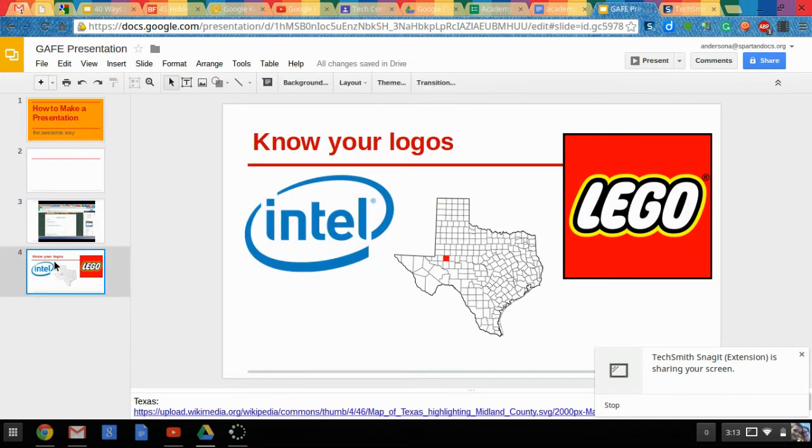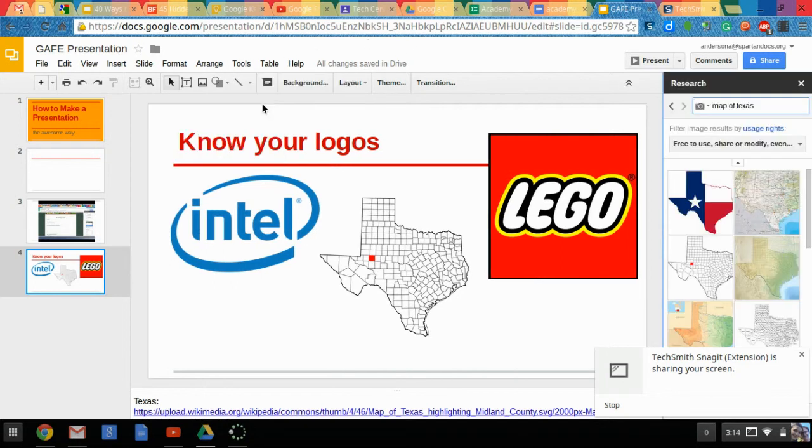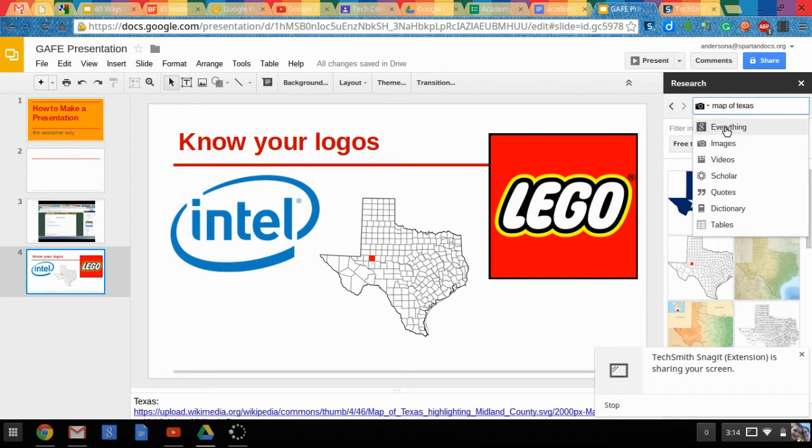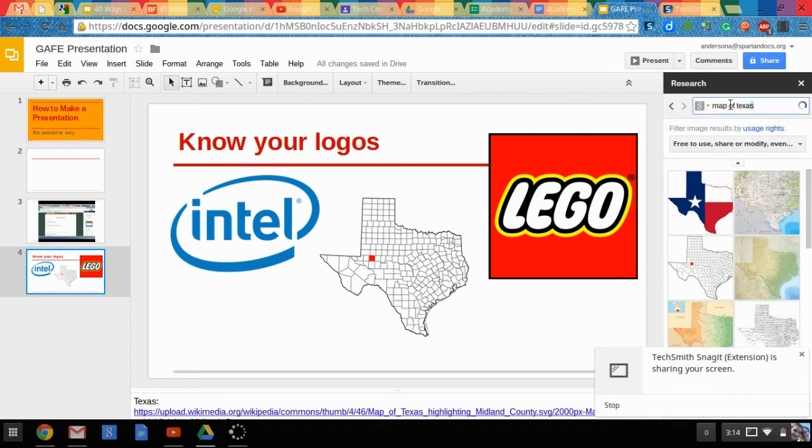This last slide here, I wanted to show you one of my favorite features in Google and why I would choose Google presentations over even Keynote or the Microsoft Office PowerPoint. Because right here under Tools, you have this box right here that says Research. And over here, you get a research bar. Now you can Google search for anything. So maybe you need